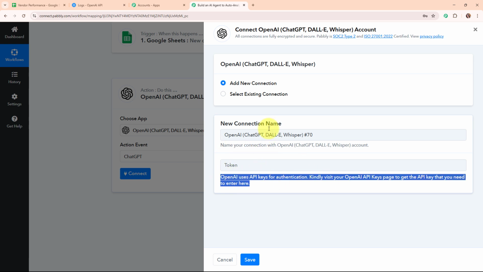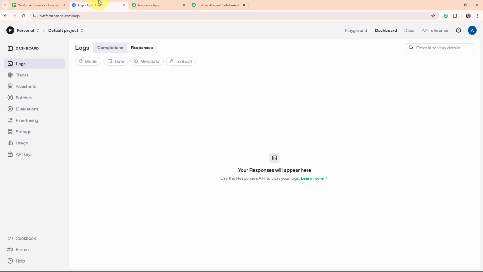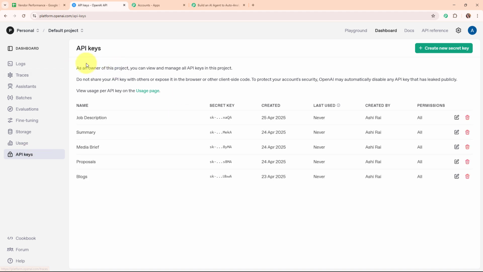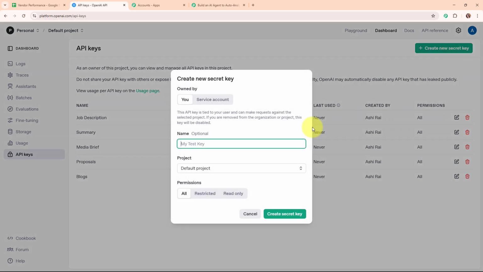So here following the instructions given below, here I've already logged in my OpenAI account. So from here I'm going to access the API keys given in the left side bar, and here under API keys you can see all the existing keys over here. So I'm going to generate a new key by clicking on this create new secret key,